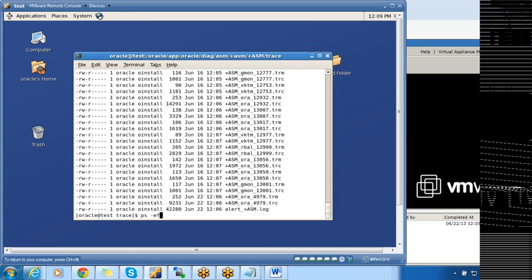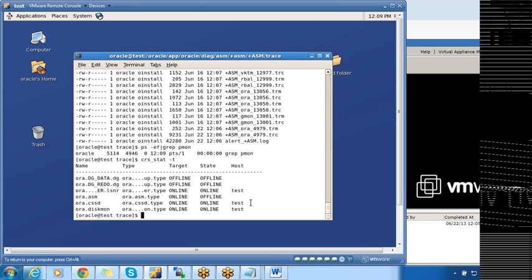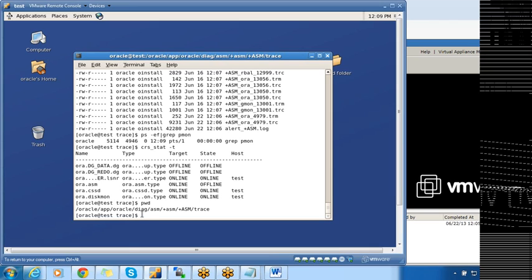But before doing that, let me check if the ASM is already up. No, okay. Looks like it's unable to bring it up still. I'll check it again. Okay, still it is offline, so something is wrong with ASM. So I'll open the alert log of ASM. Even ASM will have an alert log, and the folder will be Oracle base followed by diag. If you want to go for the RDBMS alert log, you'll go into the rdbms folder. That is the only difference. If you want to go for ASM, you have to go for the asm folder, and then the ASM instance name, similar to that, and then trace, and the alert log.